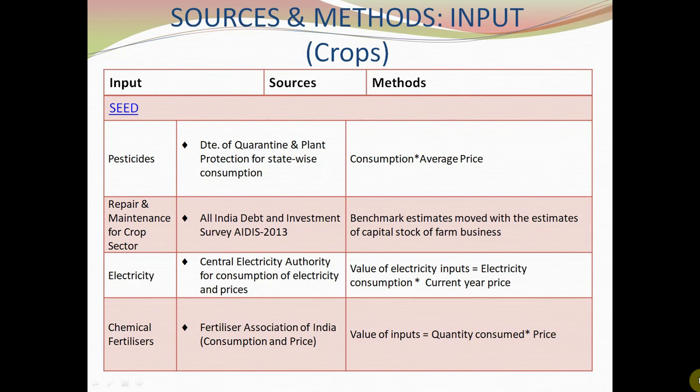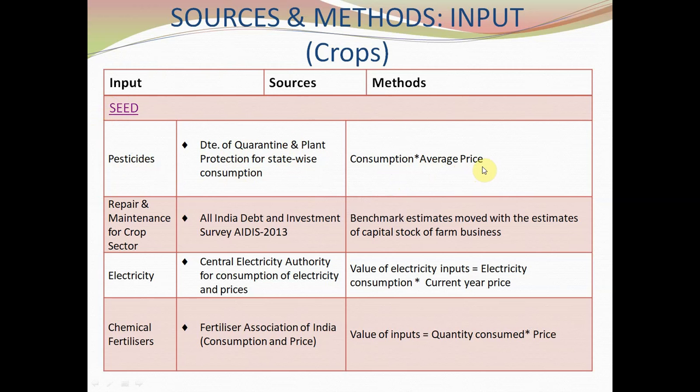Now, inputs and outputs we have taken into consideration. Now, what are the sources and methods for calculating inputs for different crops? First of all, we will take pesticides. For pesticides, CD will be discussed later. For pesticides, the Directorate of Quarantine and Plant Protection is providing data for state-wise consumption, and value is calculated by consumption